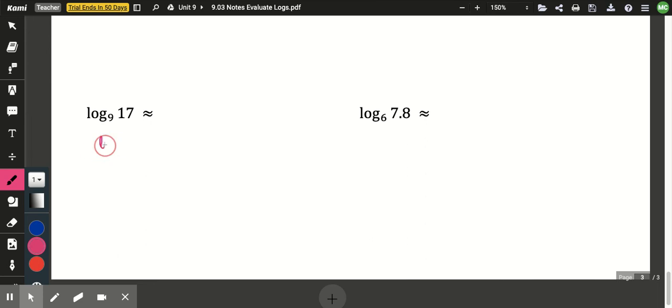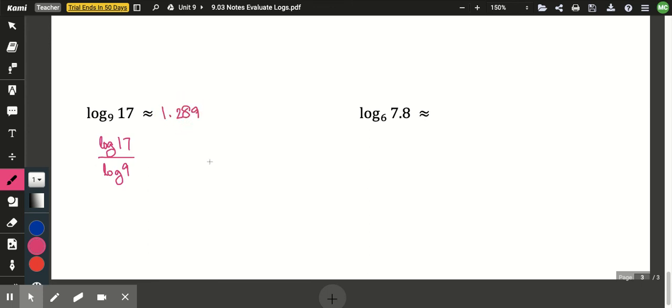And here's how we do that. So if I'm doing a common log, I would put in log 17. So that's common log of 17 divided by common log of 9. So that's just a log of the big number divided by a log of the little number. So once again, to put this in the calculator, that's a little bit hard to put in. I have to put in 17 first, then touch log, then say divided by, and then I have to put 9, and then touch log, and then finally press enter. And that would give me